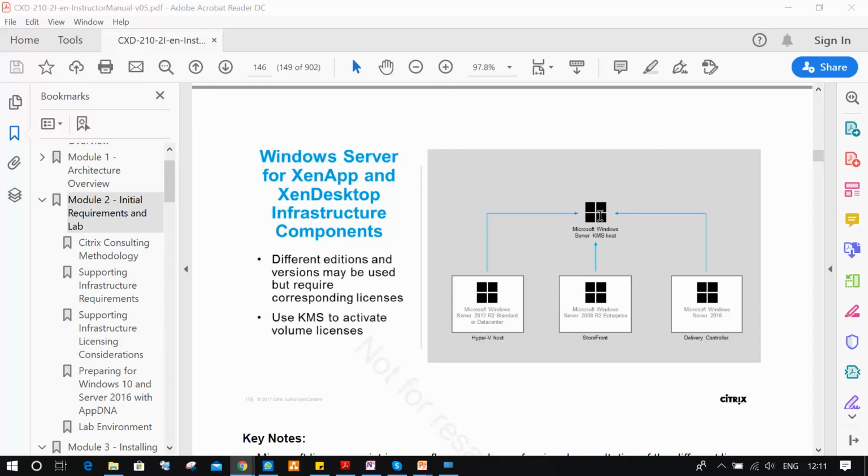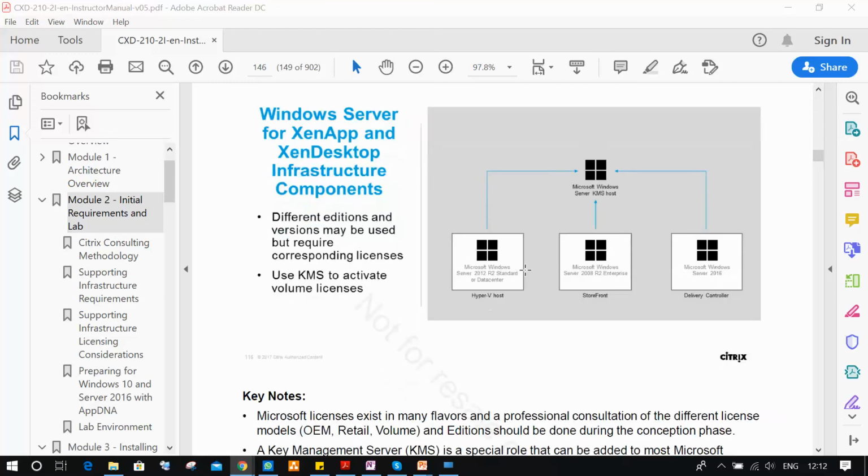Sometimes we will lose the license keys, or someone will be using them outside. So when we upload the license files into a KMS system, the license will be allocated only to the systems connected in the network. So KMS is a Windows Server activation key server.